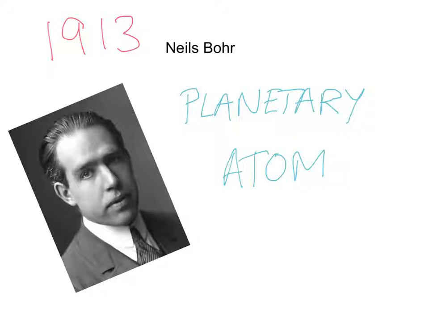In 1923, the French physicist Louis de Broglie suggested that particles could have the nature of both a wave and a particle. In 1926, the Austrian physicist Erwin Schrödinger suggested that an electron has wave properties in an atom. He also introduced the idea of atomic orbitals, which we'll learn about further on in the A-level.